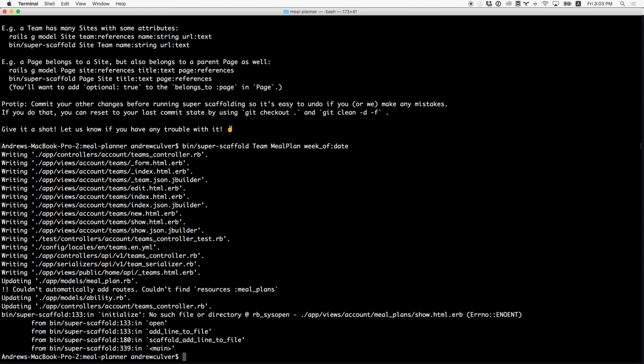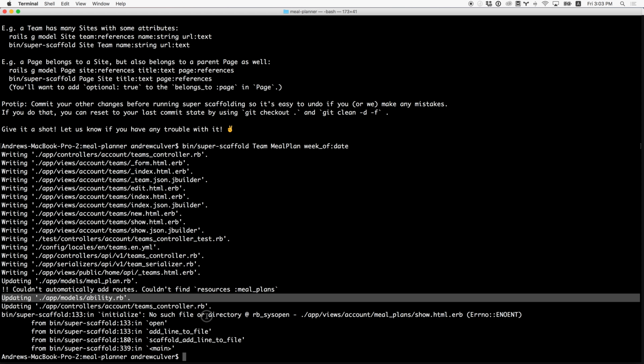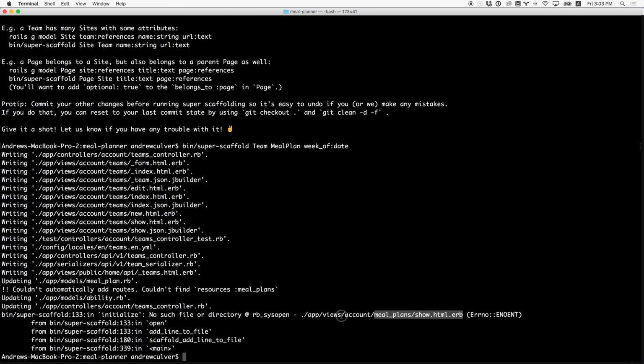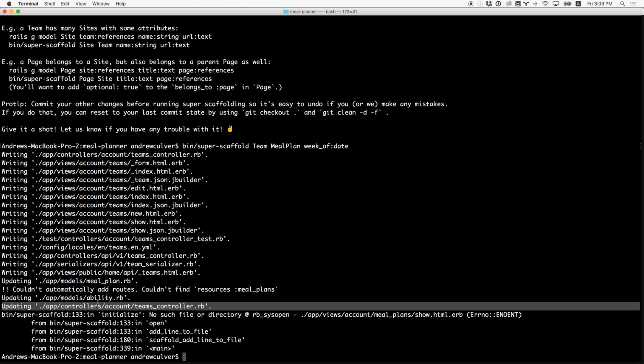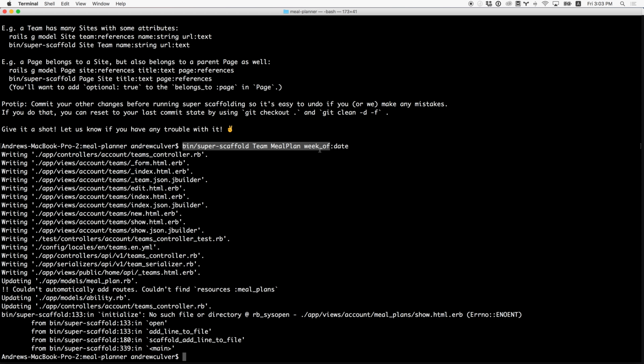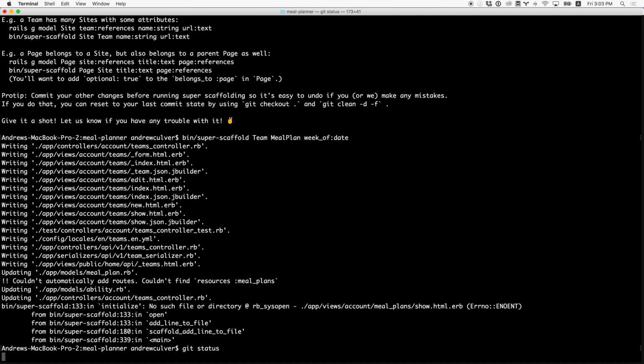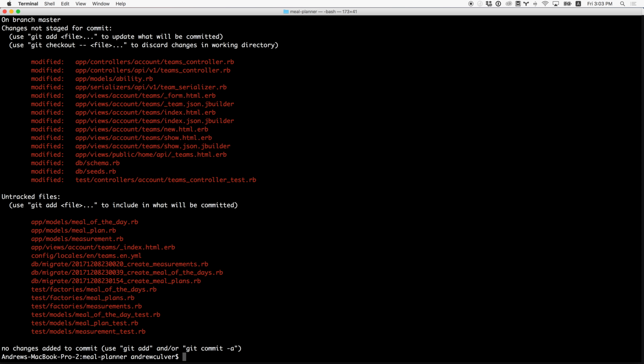Oh, something went wrong. So couldn't automatically add root. Oh no, I made a terrible mistake. All right, so, I made a terrible mistake. Gonna have to clean this up. Shoot, I need to, all right,